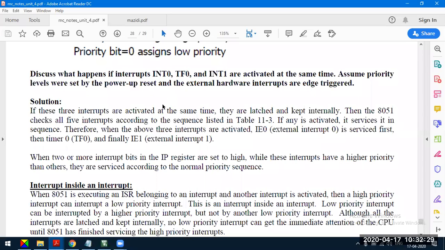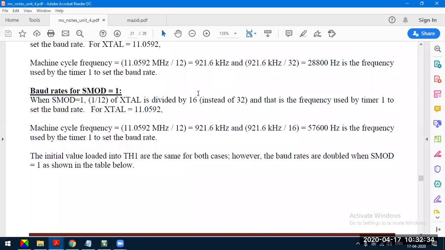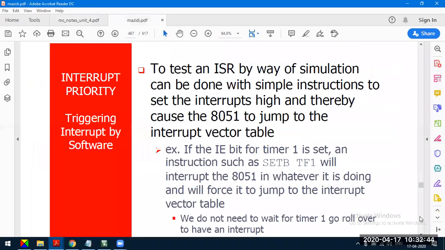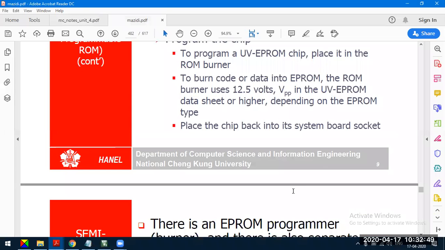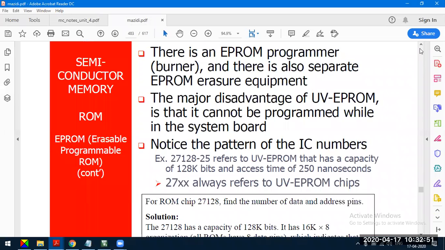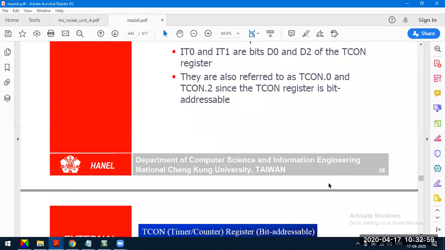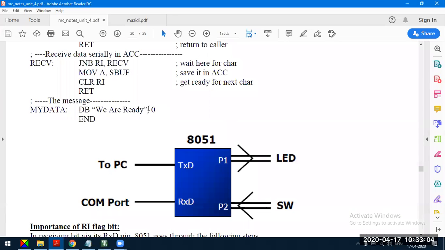Just a minute. I have to go back to this serial communication. Now there's one more concept called doubling the baud rate. What is doubling the baud rate? In the last class we have seen what are the default serial communication UART baud rates. We have seen that there are basically four. Serial communication is somewhere here. I have to show you the various baud rates. Searching takes time.